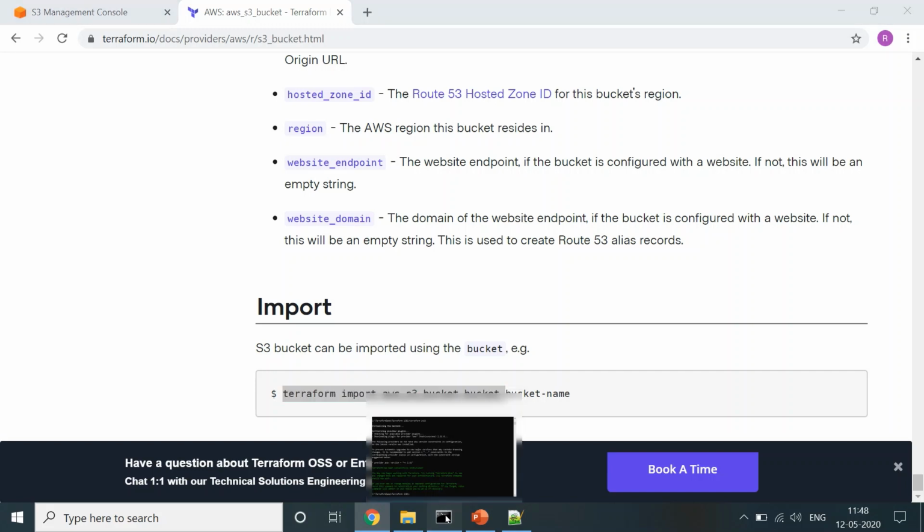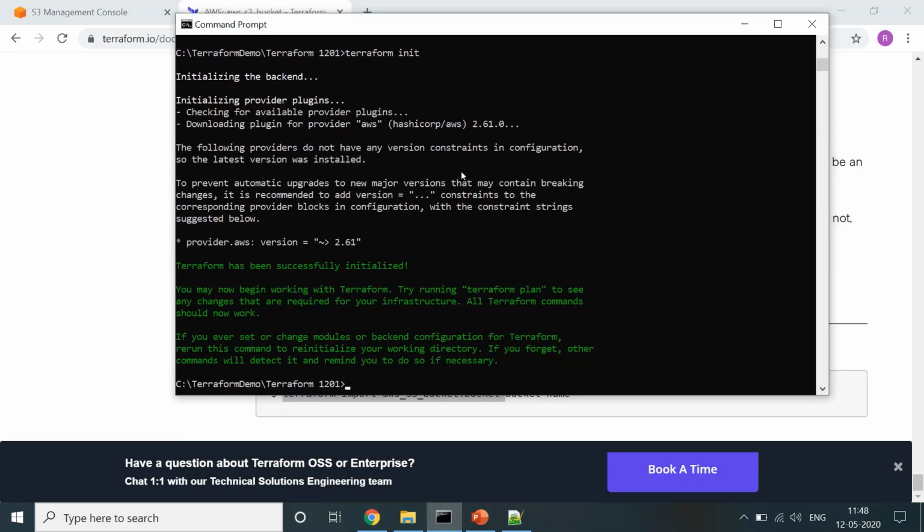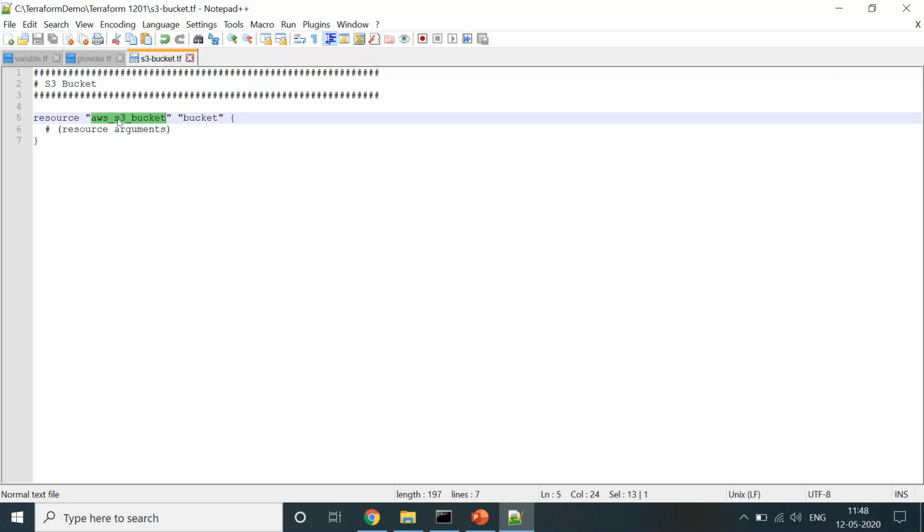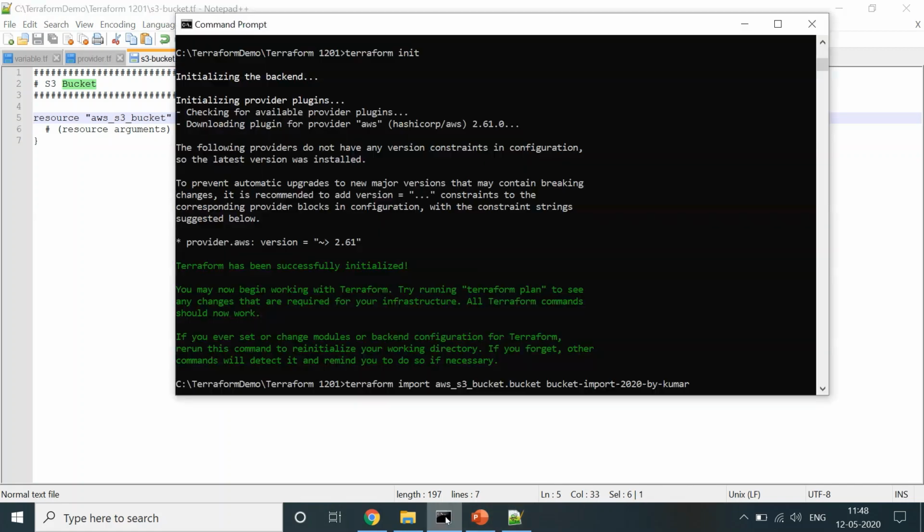So what is next? We have to go to the resource we created and initialize, and then perform this command: terraform import aws_s3_bucket.bucket. This bucket we have created as a resource here, so aws_s3_bucket, and this is the bucket we have created, and this is the part I'm referring to from this blank file. And then we give bucket-import-2020-by-kumar, which I have taken from what we created in the